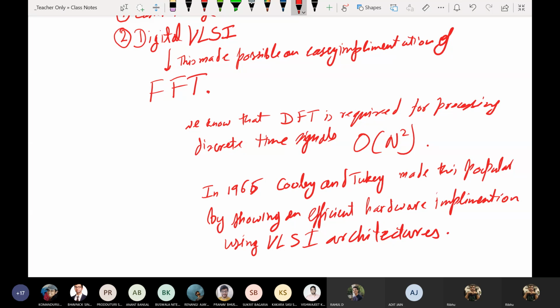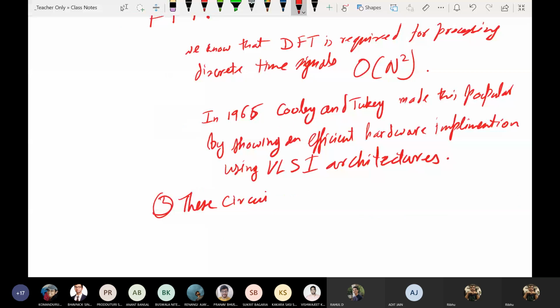What this enabled was now FFT digital circuits and these circuits are